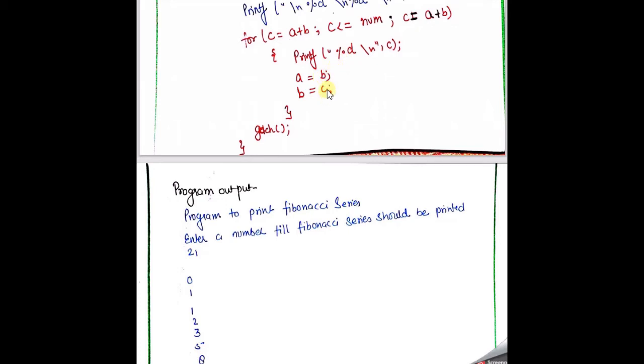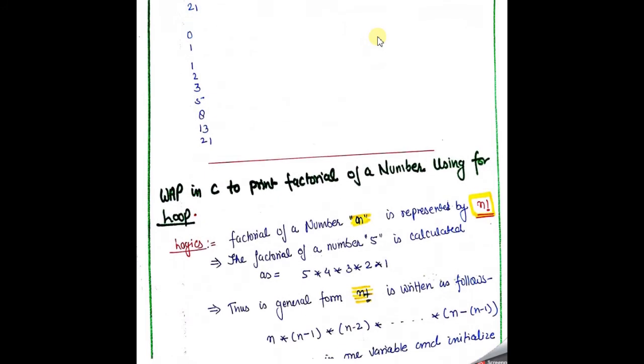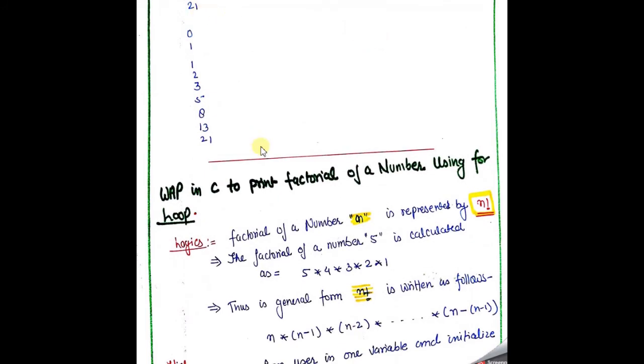Again B and C will be assigned to the A and B variables. What is the value of B? B is equal to 3, and C is equal to what you get here? Here you get the 5. So C is equal to 5 is assigned to B. So here is 3, here is 5. So what is the value of A? A is equal to 3, B is equal to 5. And in such a manner, you can perform this operation until this condition is no longer true.